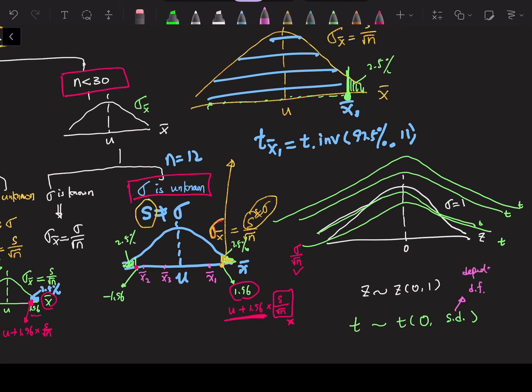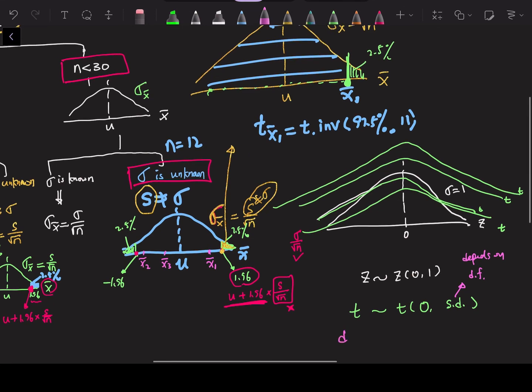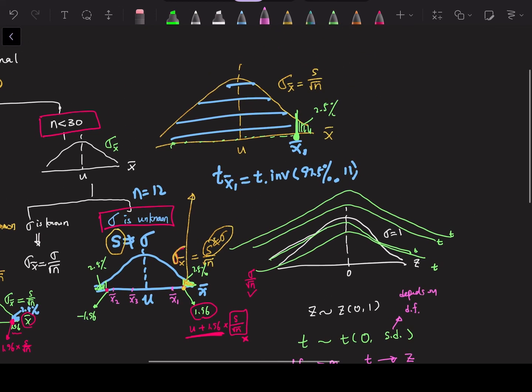As degrees of freedom approaches infinity, t approaches z. So when the sample is large enough, the t and z distributions overlap, or t and z give very similar statistics, very similar values. For example, if n is 1,000,